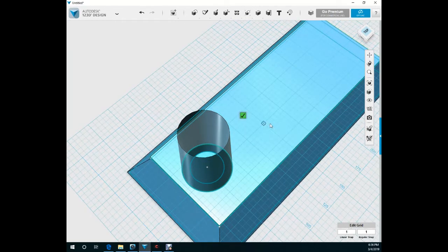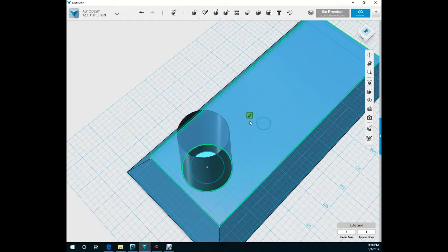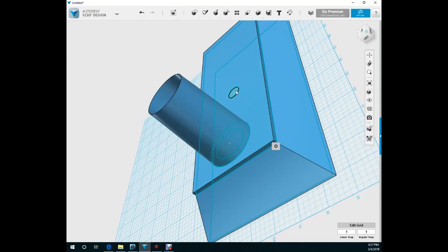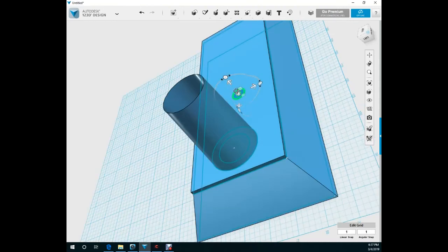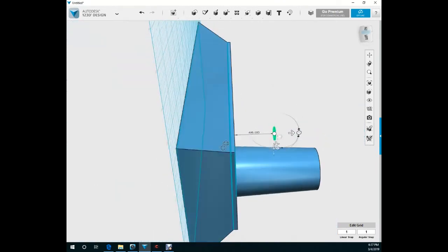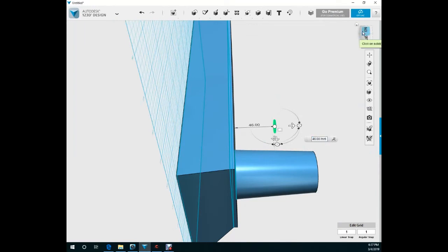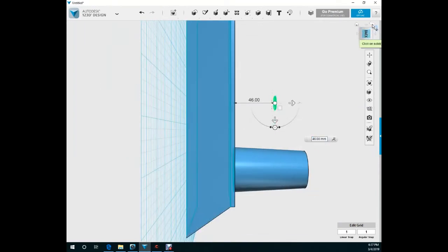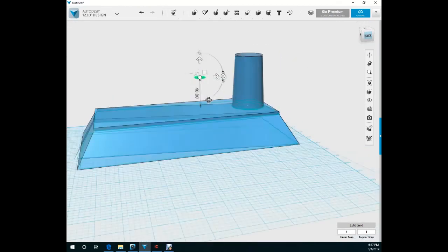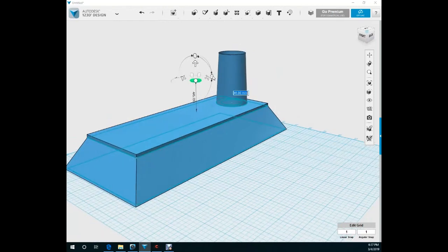We're going to sketch a circle about that big, about 14 millimeters. And then what we're going to do is we're going to move this sketch. You're going to pick it up, and then what you're going to do, we're going to use this. Yes, this cube is very helpful. I suggest that you guys use this a lot when you're 3D modeling. And you're going to make this 90,